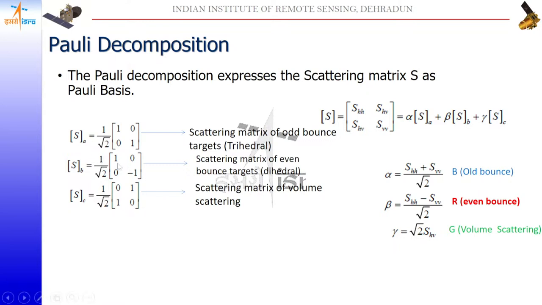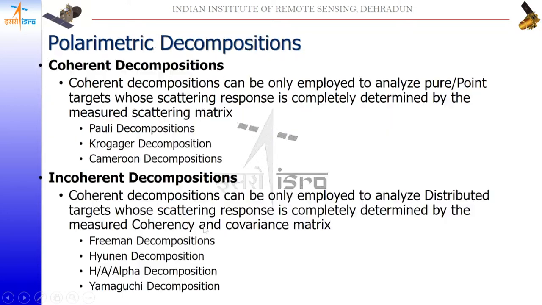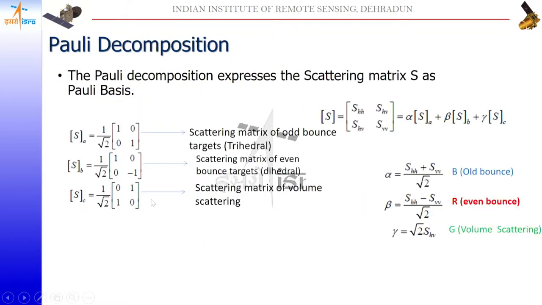So here we can see 1 minus 1. I already told the scattering matrix like HH, HV, HV and VV. Here the phase is not changing. For surface scattering, between the HH and VV there is no phase change, so it is the same, 1 1. In the double bounce there is a phase change, so 1, and there will be a